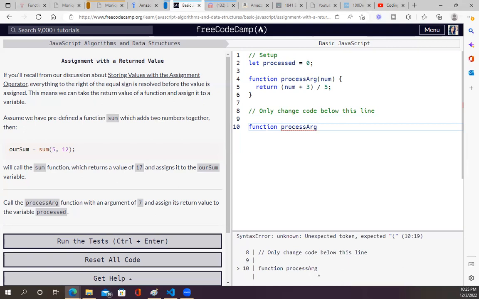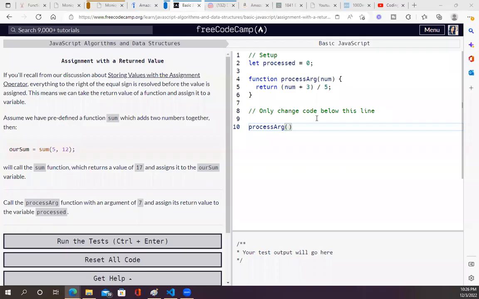Oh, wait a minute. We're not creating a function. Oh, wait. Yeah, we're not doing that. That's already created. So I'm going to call this function with an argument of 7 and assign its return value to the variable processed. Okay. All right. So inside of this, they said that the argument is 7. So then call the processArg, assign its return value to the variable processed. So let processed is up here. So we're gonna